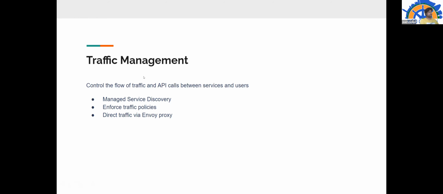So that is what the traffic management system is. We will explore more how it is done, and which entities or abstractions are there in Istio which help us with traffic management, after some slides.